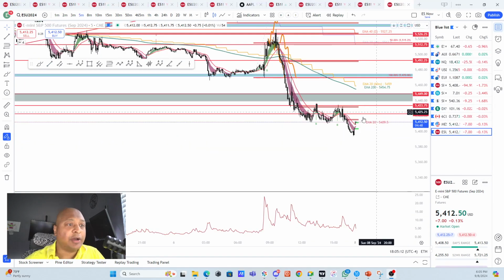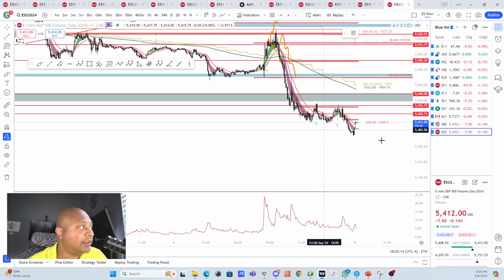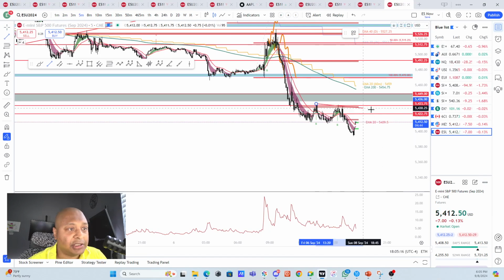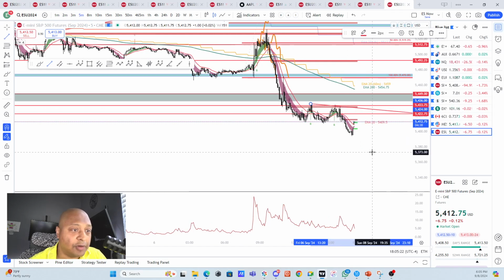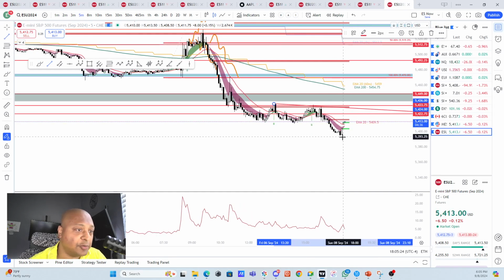Now let us take a look at the 5-minute chart that we have. On the 5-minute chart, the first thing that draws my attention is this particular trend line. These are the different higher lows that we could not take out. However, if you see towards the end of the day, there was a big move that went up, and we have gapped up right now. So now we will have to see whether we are keeping these gaps open.